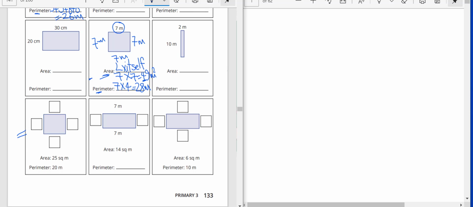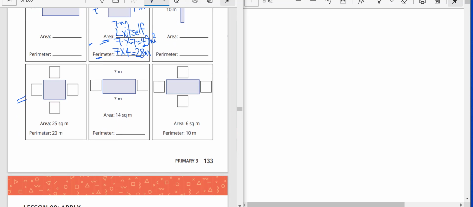This problem, here we have a square. We don't know the length of its side, but we know the area. Its area 25 and perimeter 20. We know that the area of square equals length times itself. So we want two factors or two numbers. The product of them equals 25. So what times what equals 25 from timetable? Yes, 5 times 5 equals 25